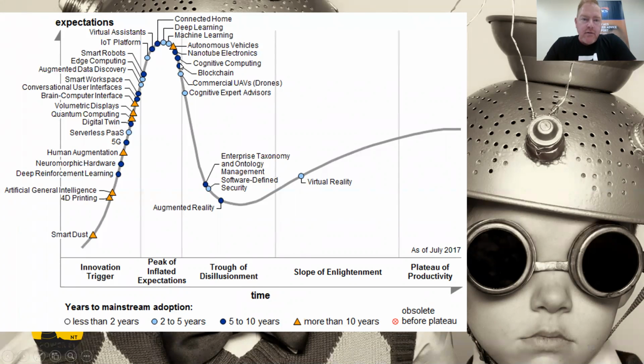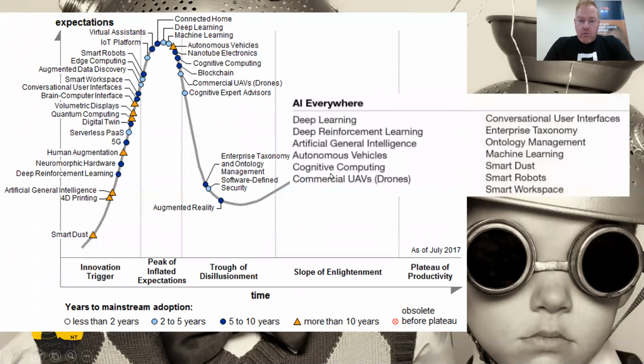And we're seeing a lot of people talking about blockchain, a lot of activity in investment, venture capital companies, but really what we're seeing is a 5 to 10 year time period before that's actually in that plateau of productivity or mainstream adoption. And for what we like to work in, you can see some of the terms here: deep learning,